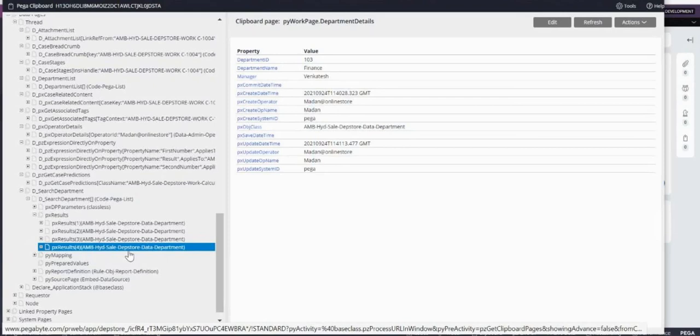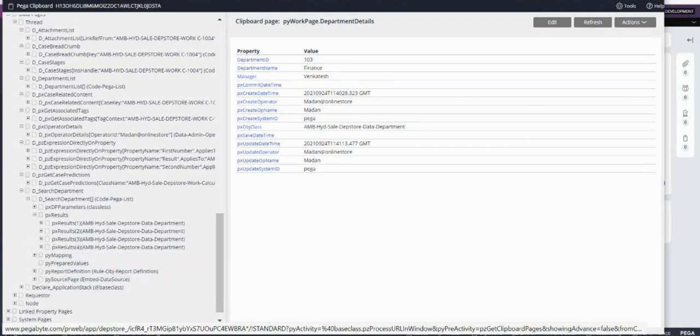But in a keyed data page, the first time you send the data, your data page will retrieve all the records which are there in your DB, and from there, based upon your request, it will provide you the result. First it retrieves and keeps them in your data page or clipboard, and then from there only it will give you the output. So that is the difference.